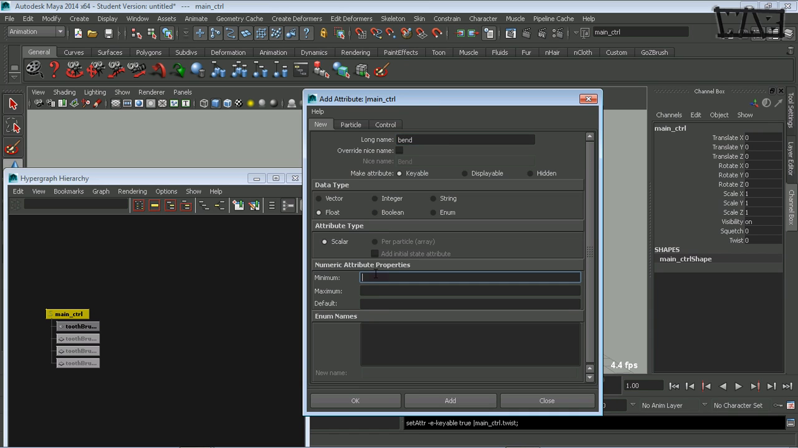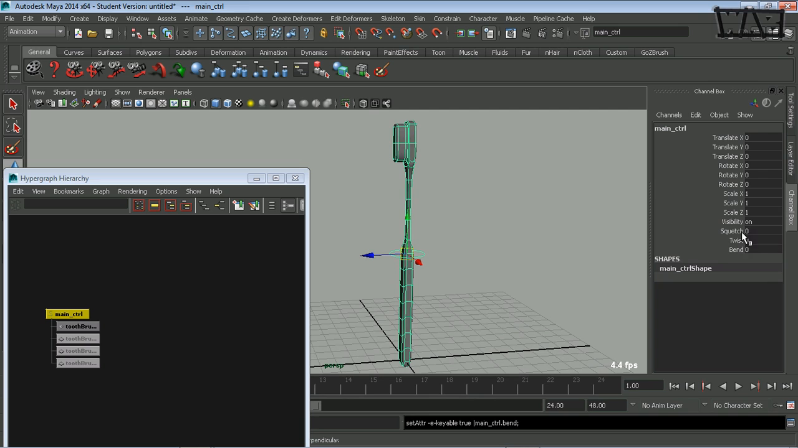And again, negative 10, positive 10, 0. Click OK. So now I've got my custom attributes in the channel box, and I'm going to use these to drive the deformer so the animator doesn't have to select a deformer and then try to edit the correct attribute. He just has these attributes over here on the side. So to do that,